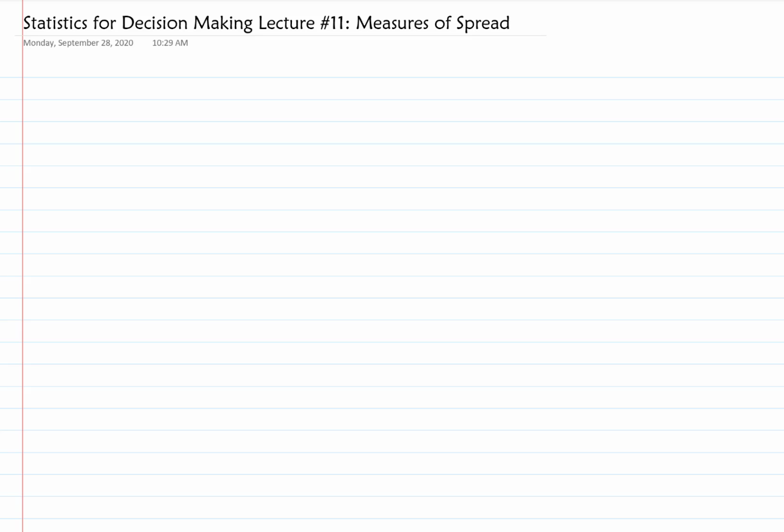Okay, today we're going to talk about measures of spread or variability. And what that means is when you measure a bunch of different things or the same thing over and over again, the numbers aren't all going to be the same. Even if you measure the same thing over and over again, you're likely to get slightly different measurements each time. So the numbers that you collect are going to be spread out, maybe a little tiny bit, or maybe spread out a lot, okay? And we're going to talk about ways to measure how much the numbers are spread out